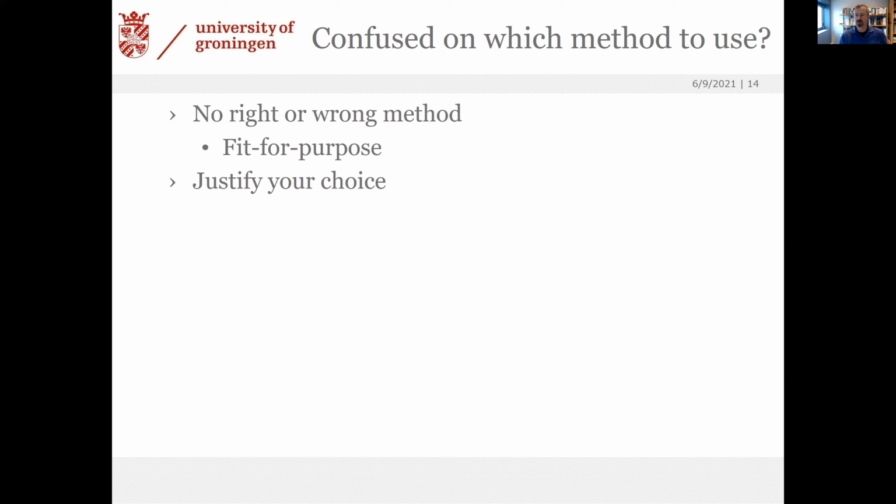It is important to justify your choice. So to say, well, in this case, we cannot control variables. We cannot have lab conditions. So we are going to have a case study instead of having an experiment. It's really important to do this. Otherwise, people wonder why you chose this over another method.